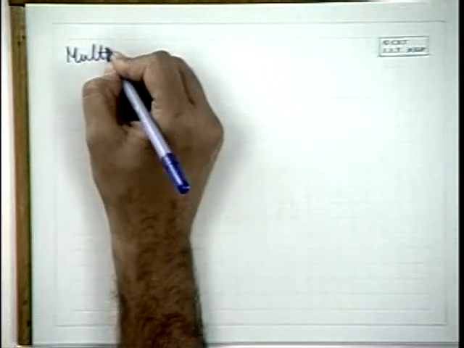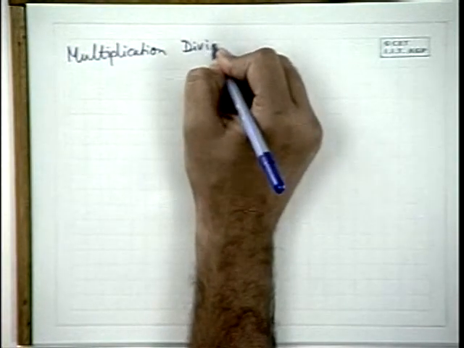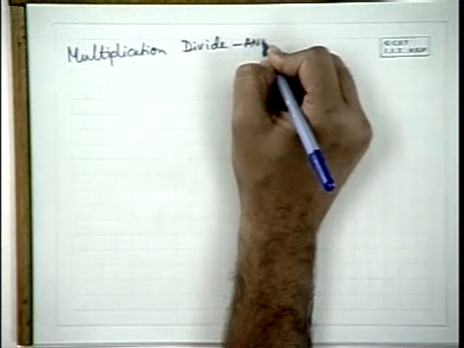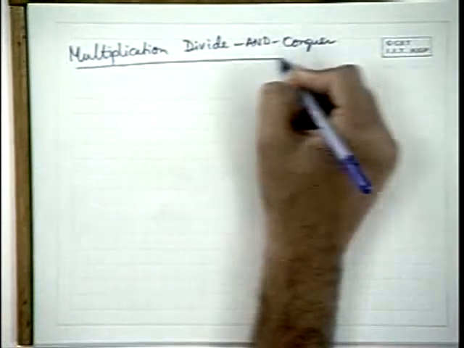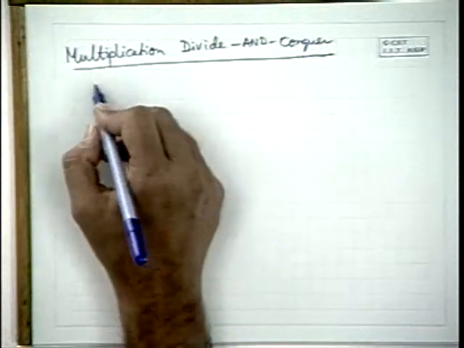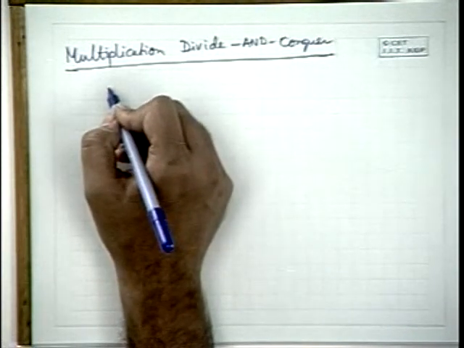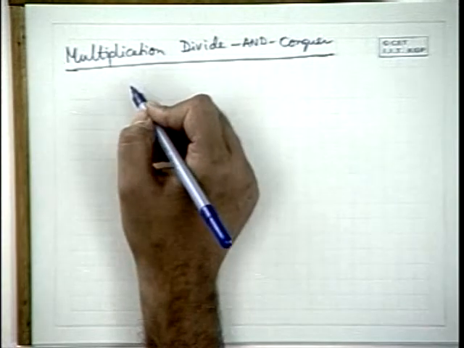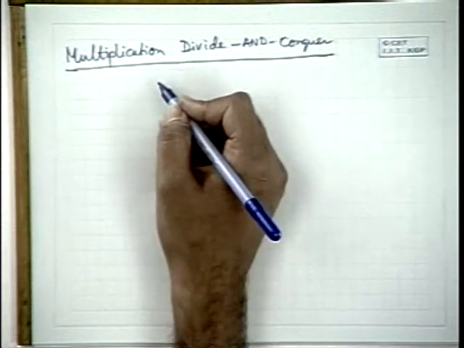So this is multiplication by divide and conquer. This is a very good example of how to use the tricks of algorithmic technique. You already know the divide and conquer technique, so you should try to use it to multiply two polynomials. So let us see how we can do this. First, let me take an example of two degree 1 polynomials and multiply them, and I will tell you how to multiply them, then we will generalize it.